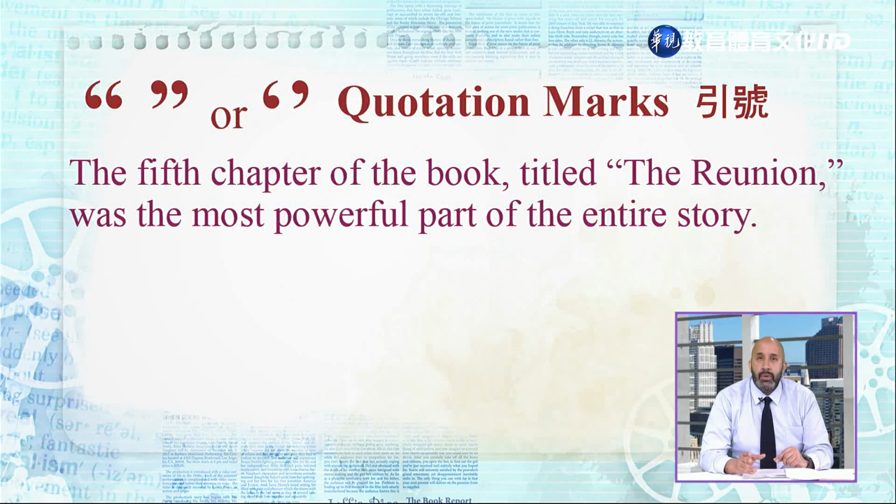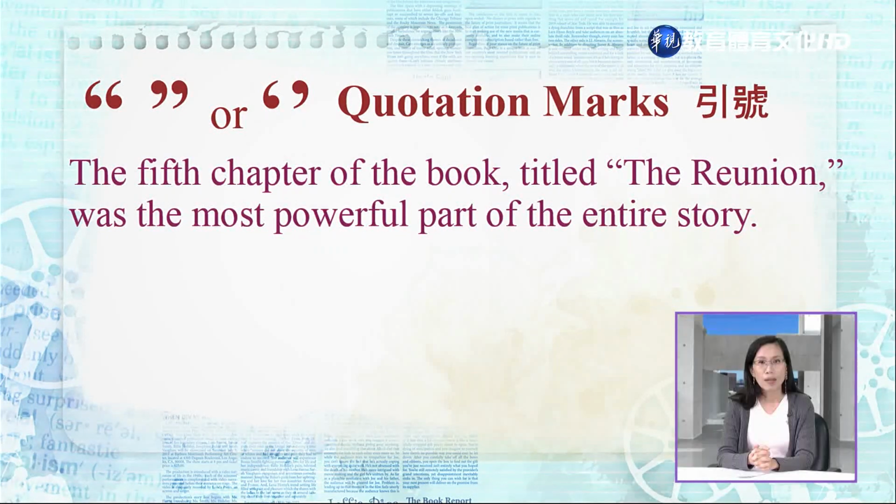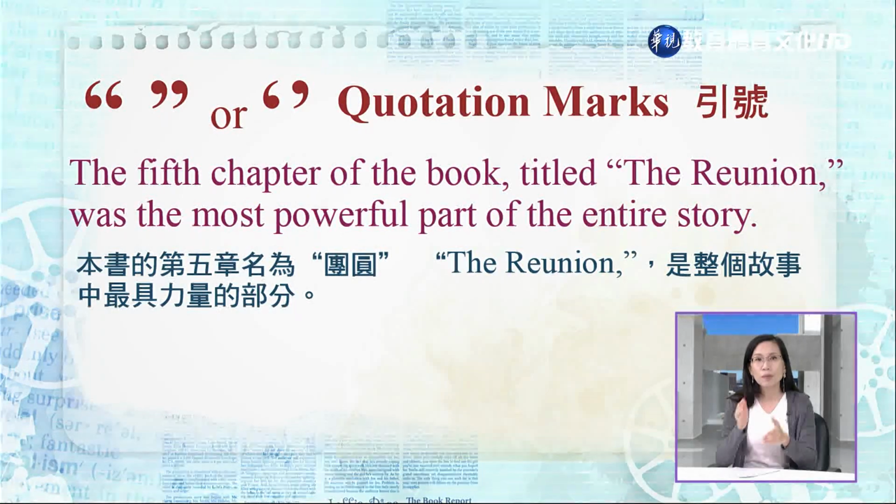The 5th chapter of the book, titled "The Reunion," was the most powerful part of the entire story. 好,接下来呢,是我们看到这个用来做文章的标题的时候,我们也可以用引号把它引起来。比如说,我们说,本书的第5章,它的名字是团圆,The Reunion,这个它用引号引起来,就告诉你说,这是它的 title,这是本故事最有力量的部分。